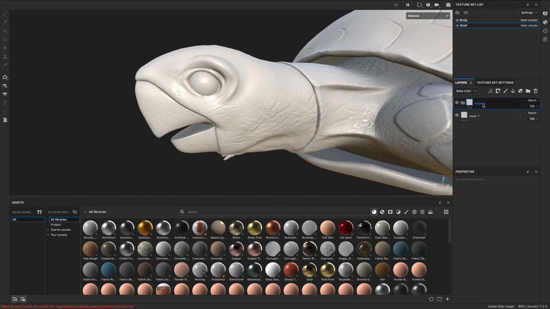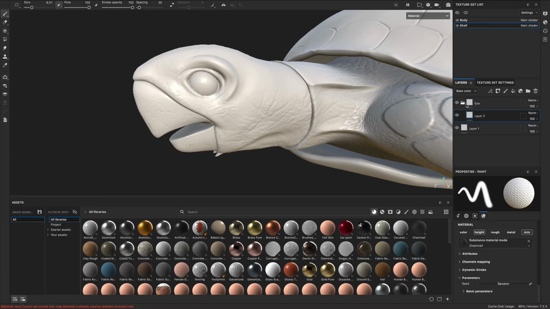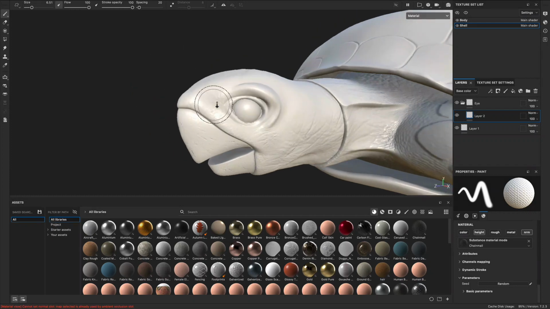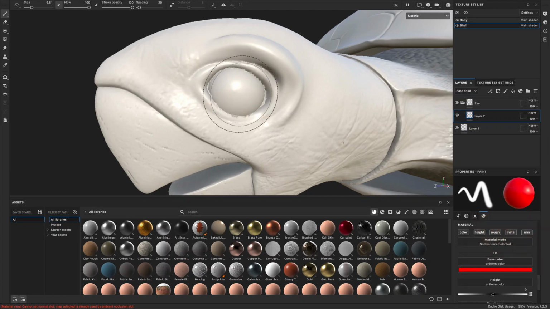Let's go ahead and start the process. Let's call this eye. There we go. Now, whatever goes in this folder, I want to influence just the eyeball itself. Well, how do I go in and just influence the eyeball? If I was to create a paint layer, see how with the folder selected, it automatically goes in. Now, let's just paint with some regular color here, make it nice and red. Make my brush a little bit smaller. If I go in and start painting on this,